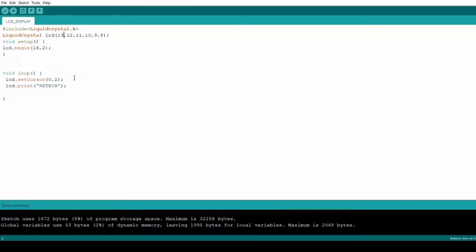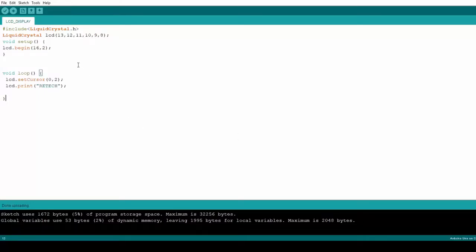So now let's move to the hardware section. Now I am connecting the Arduino to our CPU. So in the port menu, COM3 is our port. Okay, so now let's move on to the hardware section.